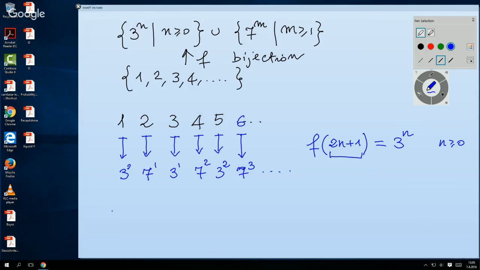You can see it. 1 is 2 times 0 plus 1, 3 is 2 times 1 plus 1, 5 is 2 times 2 plus 1. And you can see that 1 goes to 3 to the 0. 3 goes to 3 to the 1. And 5 goes to 3 to the 2nd. And it keeps going. If instead we have an even number,